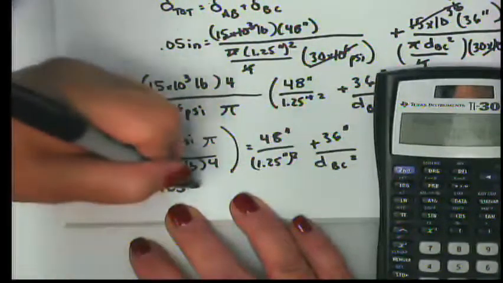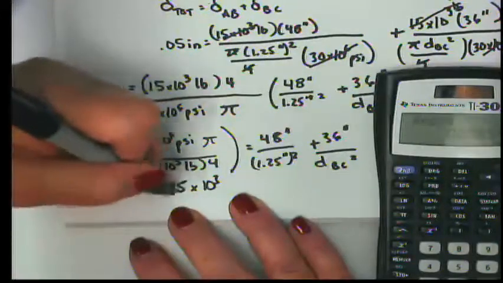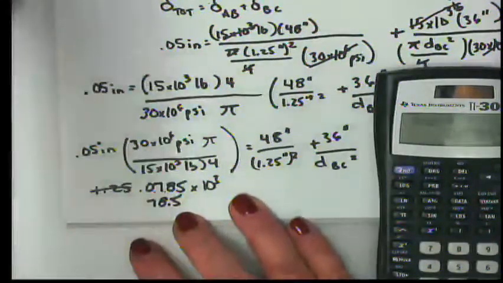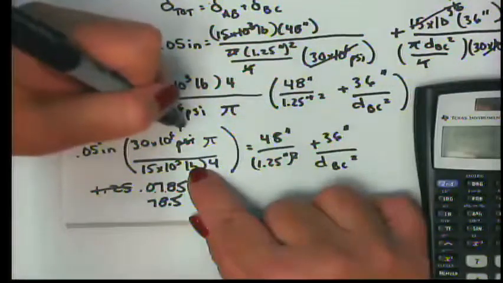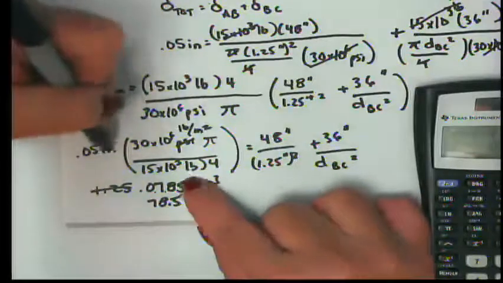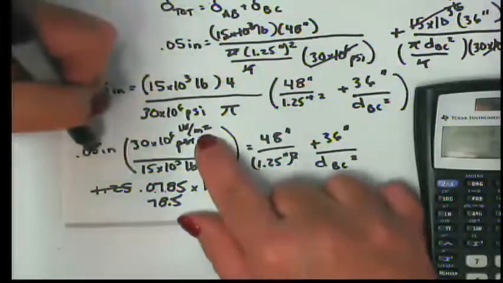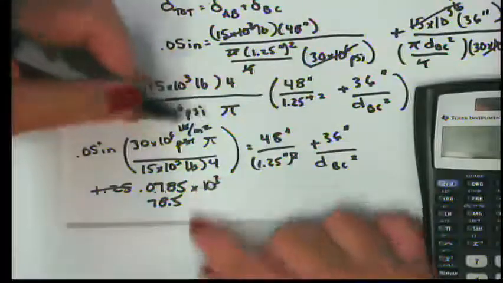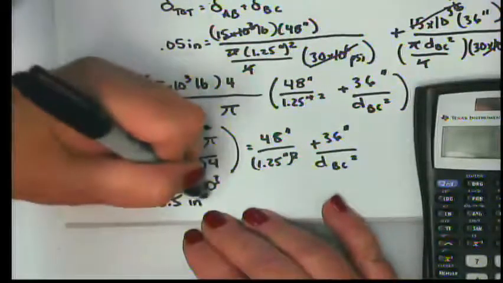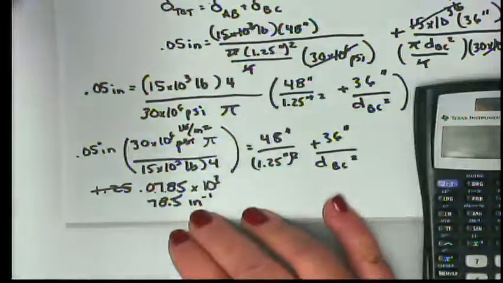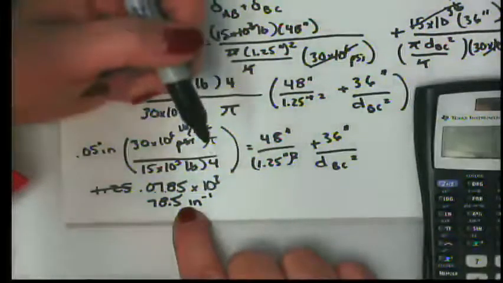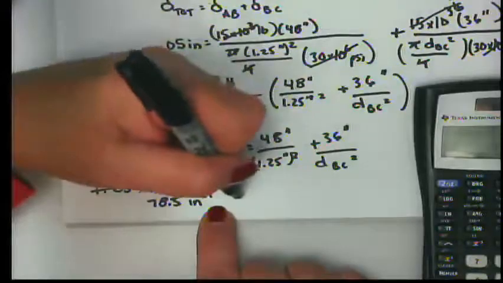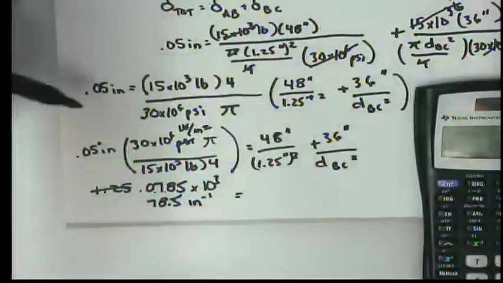0.0785 times 10 to the 3rd, that's 78.5. And what are my units going to be? Well, pounds per square inch is pound per square inch, so my pounds cancel out, and then I have inches on the top and inches squared on the bottom, so this is actually inches to the -1, isn't it? Which makes sense because we're going to come out with something over here. Okay, so 78.5 inches to the -1 equals,